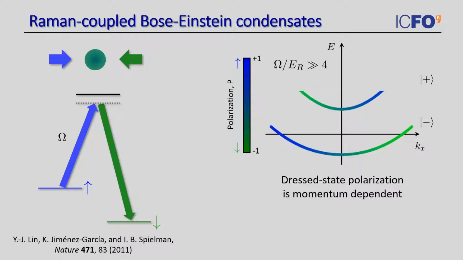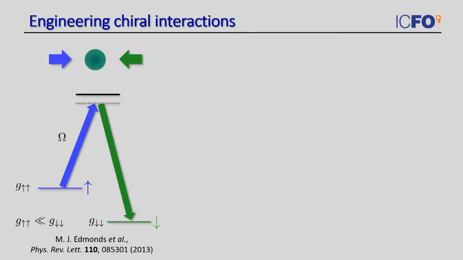Now, how are we going to use this for engineering the chiral BF theory? It's actually very simple. The only thing that we need to add to this single particle picture are interparticle interactions, so interactions between the atoms in spin up, which are given by this interaction strength g_up, or between atoms in spin down with g_down, and make these interaction strengths very different. And this is actually an idea that the group of Patrick Öhberg had theoretically almost 10 years ago.